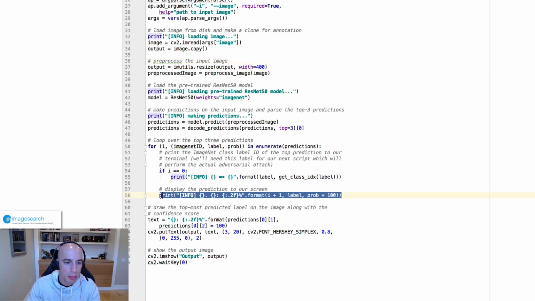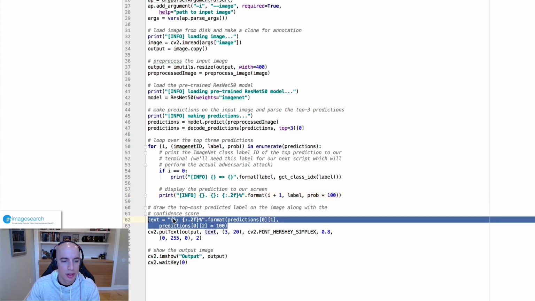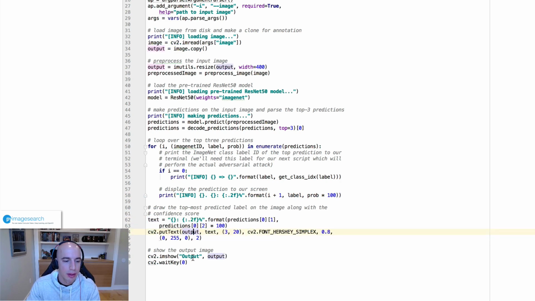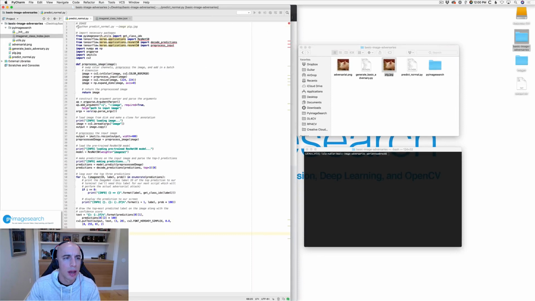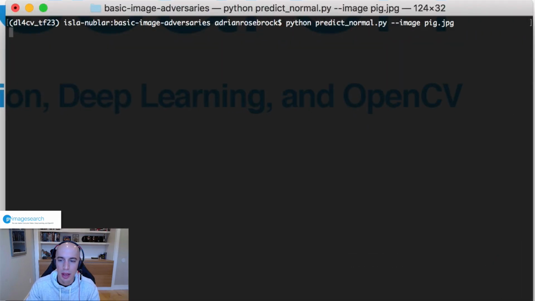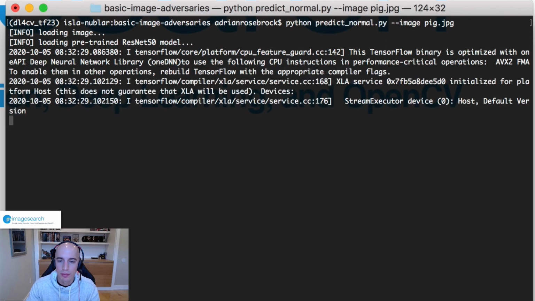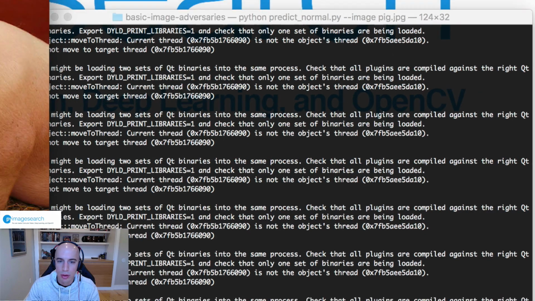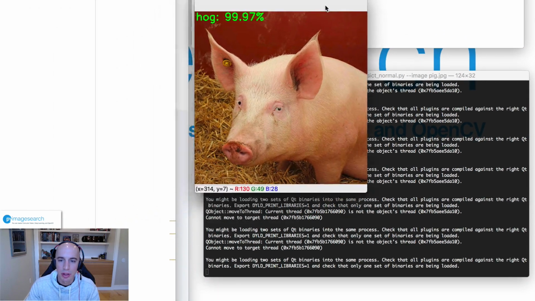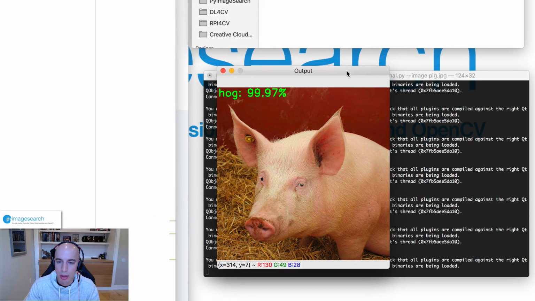Otherwise, we display the top 3 predictions, including the human readable class label and the probability. And the final step here is we're going to draw the class label prediction and confidence on the output image, and then finally display it to our screen. Let's go ahead and run this script. I'm going to copy and paste the usage up here, throw it into my terminal, and then we'll let the script run. So it's going to load ResNet, going to make a prediction on the input image,